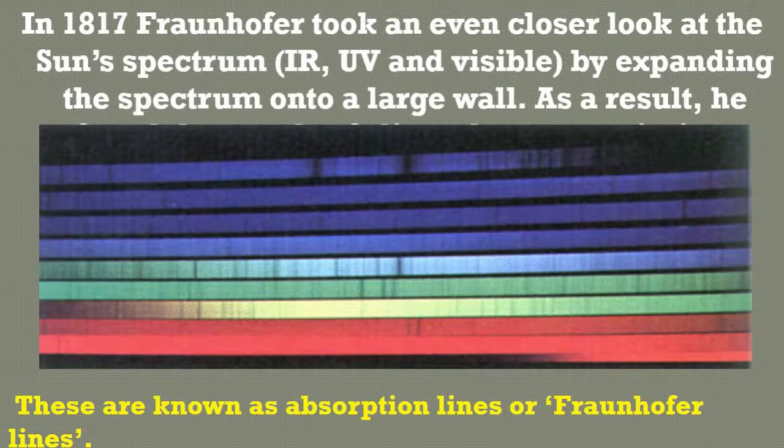That concept of the dark lines was taken a little bit further. And Fraunhofer took a much closer look and spread them out more on the wall, and this is what he saw, this mess here. How can you make any sense out of that? Well, a little bit later,